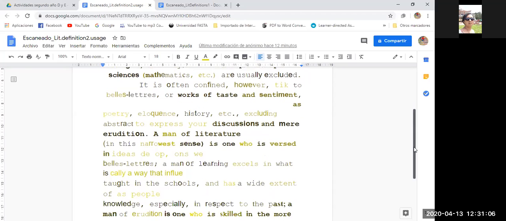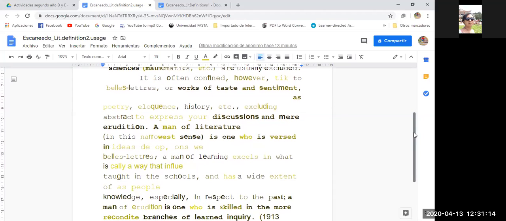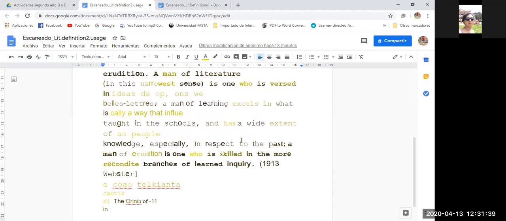For example, a discourse or a lecture, that is when you express what you know about a certain topic, is not considered literature. A man of literature, in this narrowest sense, is one who is versed in the belles lettres. A man of learning excels in what is taught in the schools and has a wide extent of knowledge, especially in respect to the past.